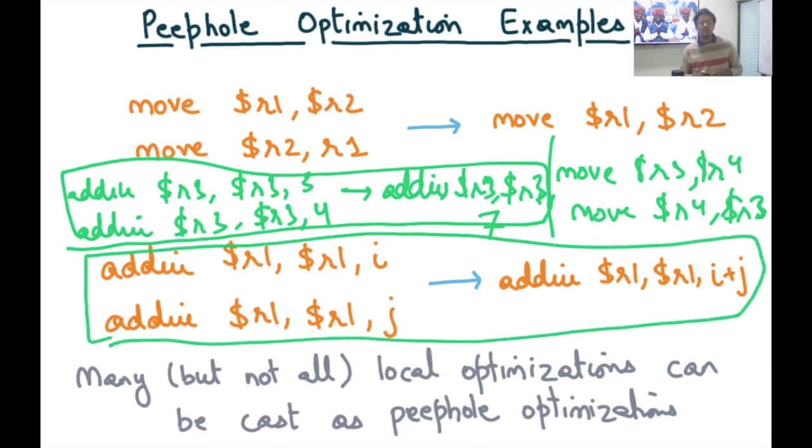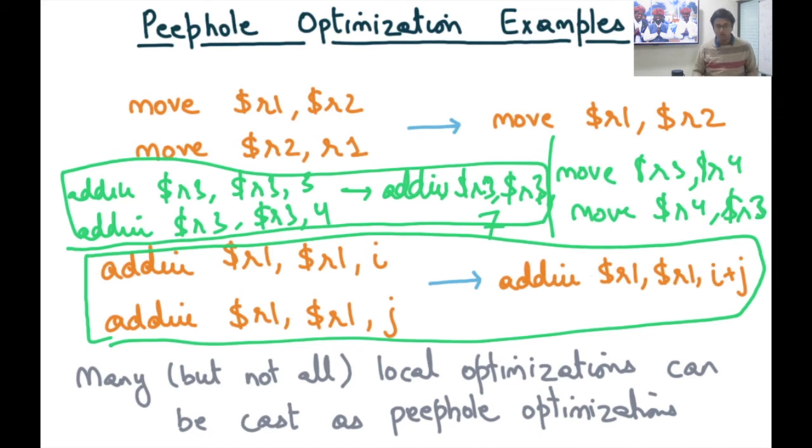So a peephole optimizer is basically implemented as a database of peephole optimization rules like the ones that we have just shown you here. And then an optimizer that basically is going to scan the instruction stream to find some sequence of instructions that matches this pattern, and if so, it executes the corresponding replacement as shown in these examples.